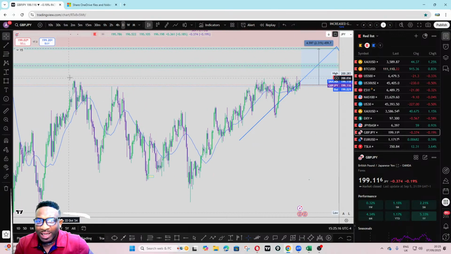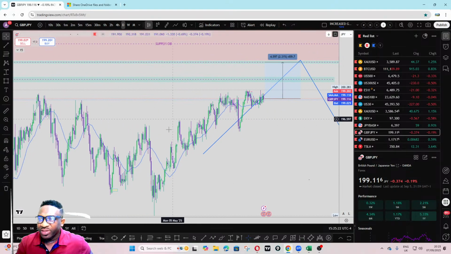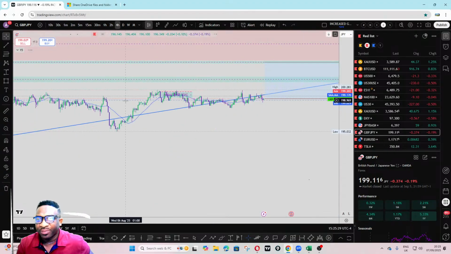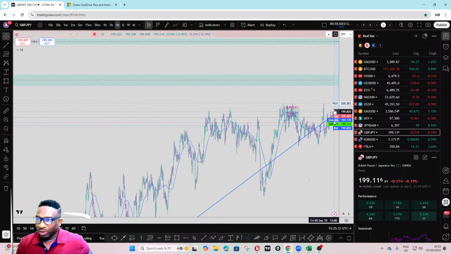As it also clears the liquidity here, then we could at least look for sales. So the higher time frame narrative that we identified, this is what we are refining as we move down on the smaller time frame. So if we go down to the 4-hour time frame,